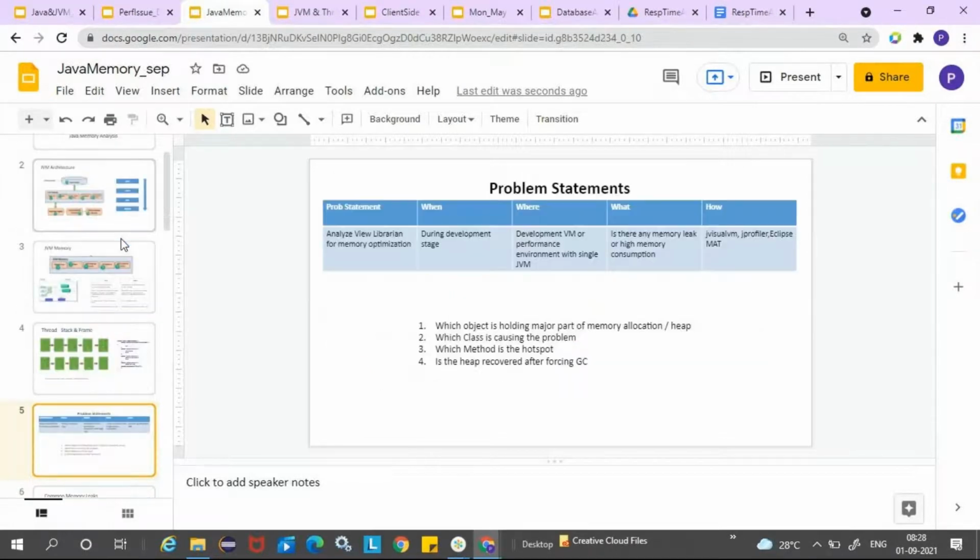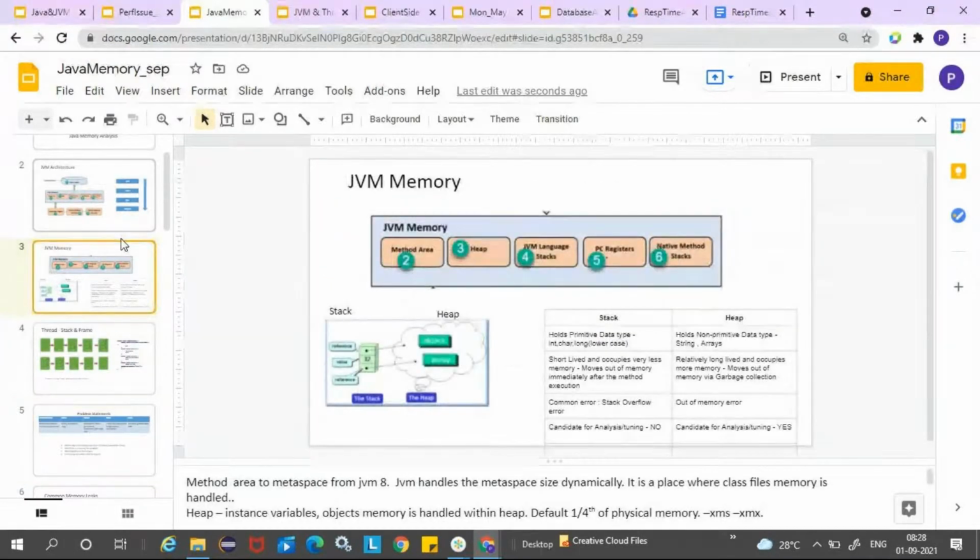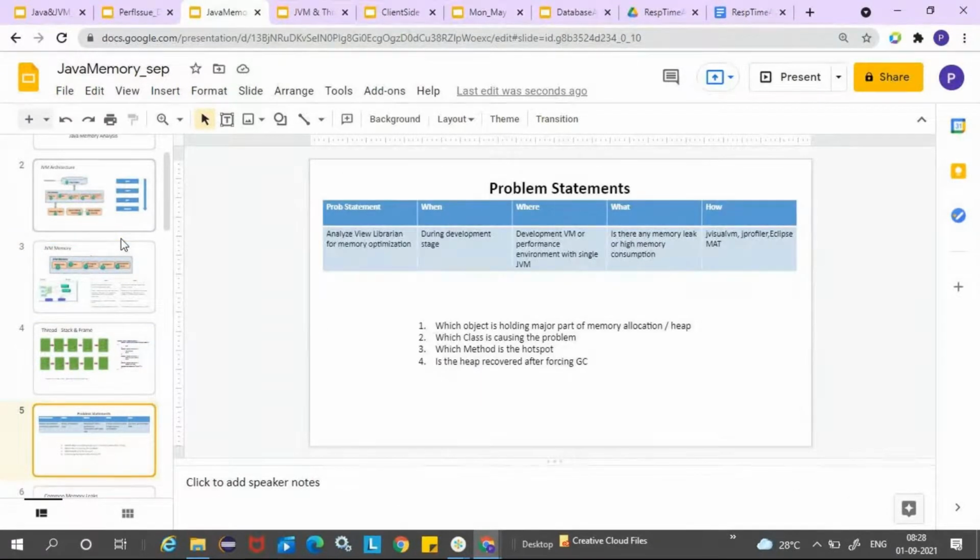And then from a heap perspective, the heap is another major component in your memory, and we'll analyze it in a similar way to response time. We'll create a problem in the code, and then use VisualVM or JProfiler to understand your object allocation and the memory increase, and then find out the memory leaks and the root cause of the memory problem.